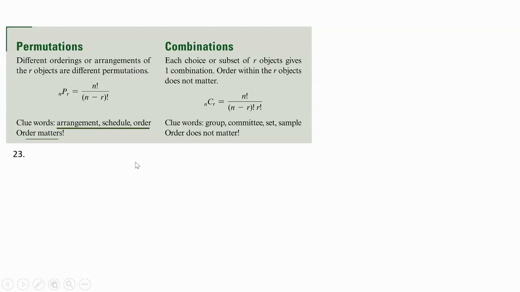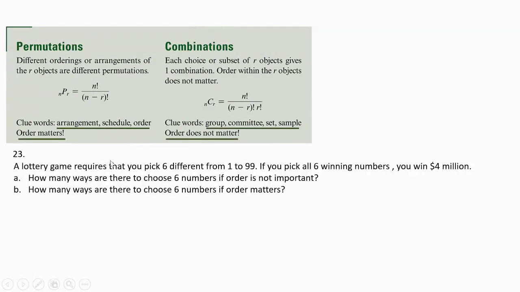So let's see what number 23 has to offer here. It says a lottery game requires that you pick 6 different numbers from 1 to 99. If you pick all winning numbers, you win $4 million. How many ways are there to choose 6 numbers if order is not important? So again, for part A, if order is not important, it's going to be combination. That's going to be 99 combination 6. The answer will be